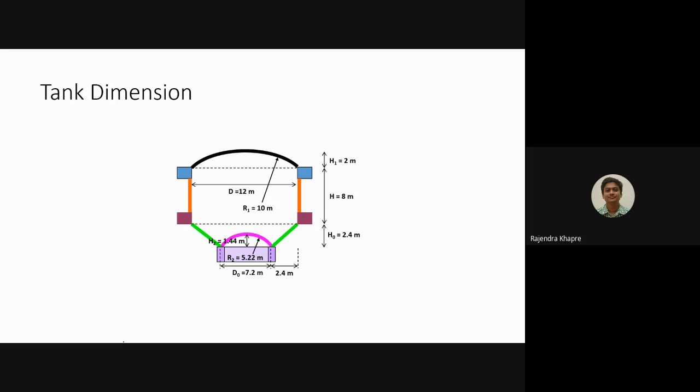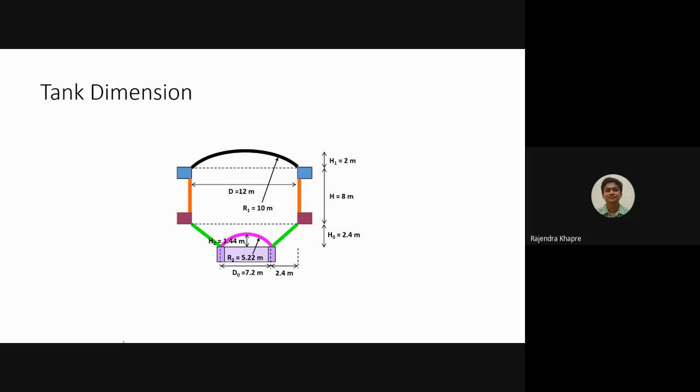The height of cylindrical wall was 8, and the height of conical dome was 2.5. It is making an angle of 45 degree, and correspondingly we have calculated the innermost diameter, that is D0, the diameter of the bottom dome as 7.2, and the height as 1.44. Okay, so the same data we are continuing